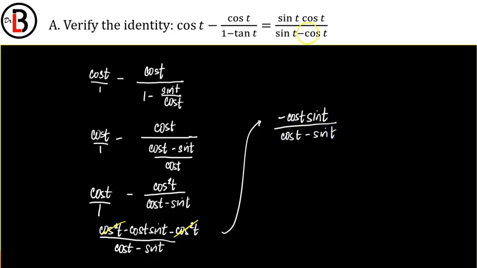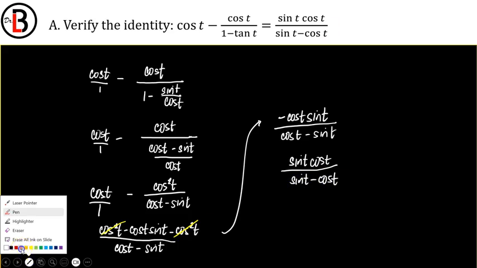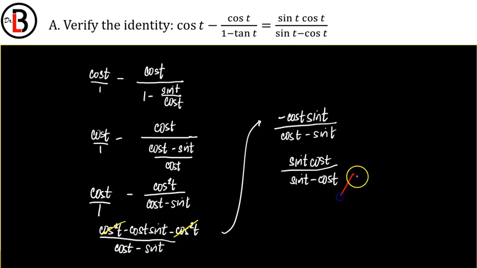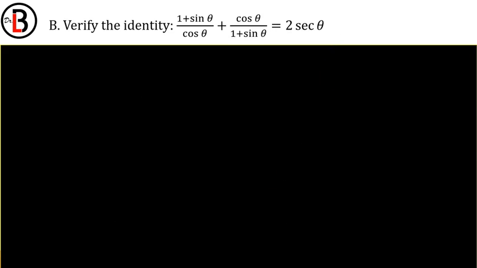And then comparing this to the one up here on the right, you can see that it starts with sine t in the denominator. So that means if I factor out the negative sign on top and then I flip the order at the bottom, it becomes the same as what we are trying to verify. So here I can say that this one and that one are the same. So I was able to verify the identity.